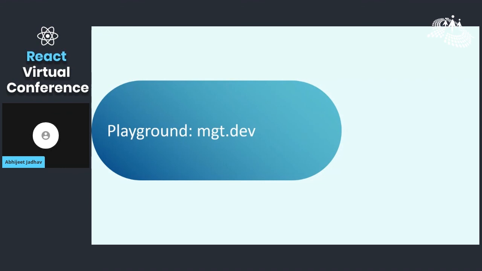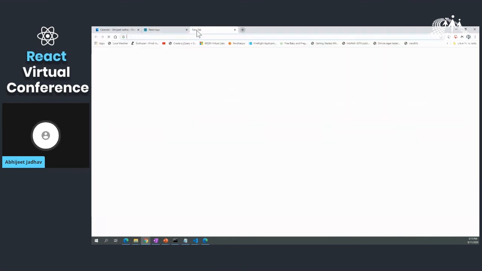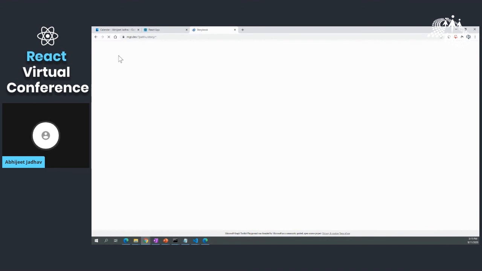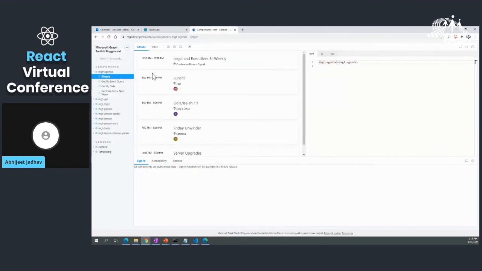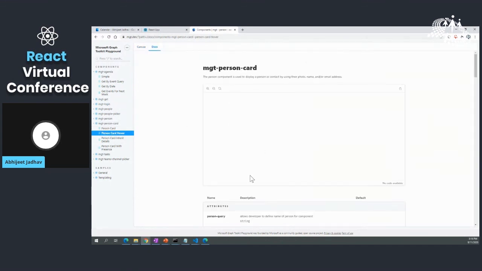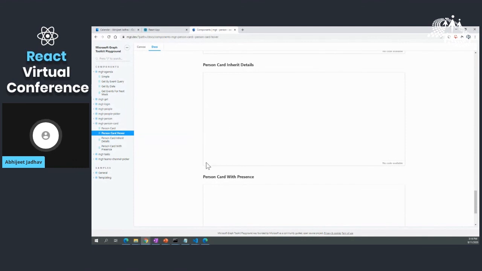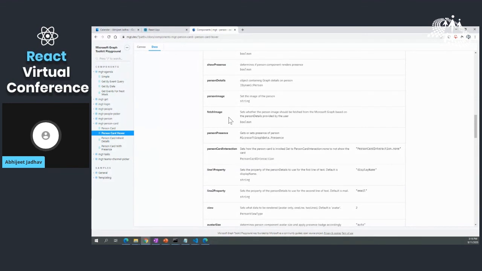There is an app, a playground created by Microsoft, similar to Microsoft Graph Explorer, where you can go in and understand what components are available and which components you can use. This is pretty sleek. I really love this when I'm developing using Microsoft Graph Toolkit. I go here, I see the component which I'd like to build. I can also see the documents around it, what properties are available. All this is rendered like this.